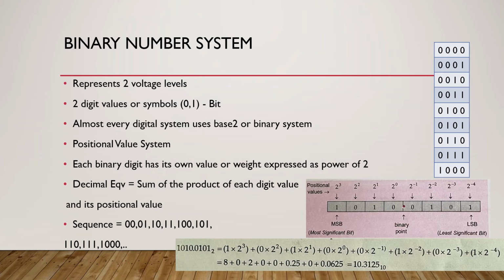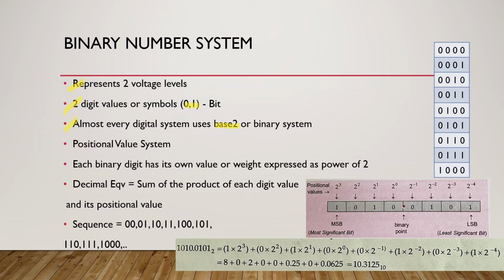The binary number system is also known as a base 2 system, and it is represented by 2 symbols 0 and 1. Commonly, it is used in digital systems for its accurate electronic circuit design, as electronic circuits operate with 2 voltage levels, the on and the off level, and that is equivalent to 1 and 0.